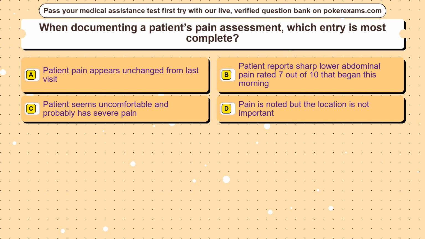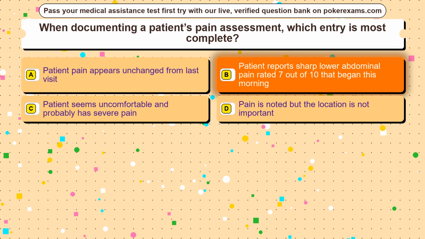Question 33. When documenting a patient's pain assessment, which entry is most complete? Option A, patient pain appears unchanged from last visit. Option B, patient reports sharp lower abdominal pain rated 7 out of 10 that began this morning. Option C, patient seems uncomfortable and probably has severe pain. Option D, pain is noted but the location is not important. The correct answer is option B, patient reports sharp lower abdominal pain rated 7 out of 10 that began this